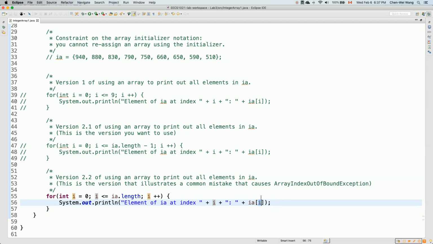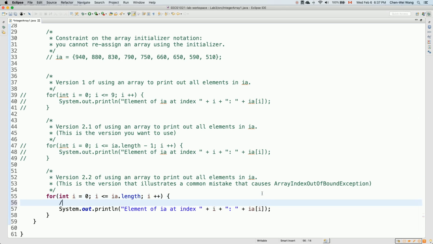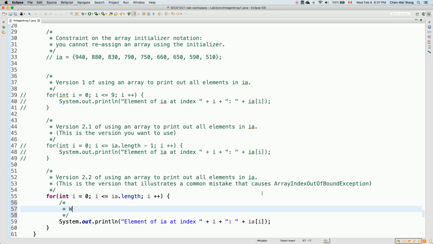So that's where the trouble is. Let me write it down for you. When i's value is incremented to ia.length, in this case, for example, 10, 10 less than or equal to 10 still gives true,